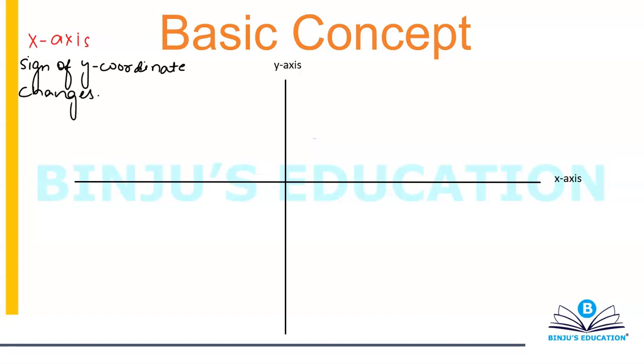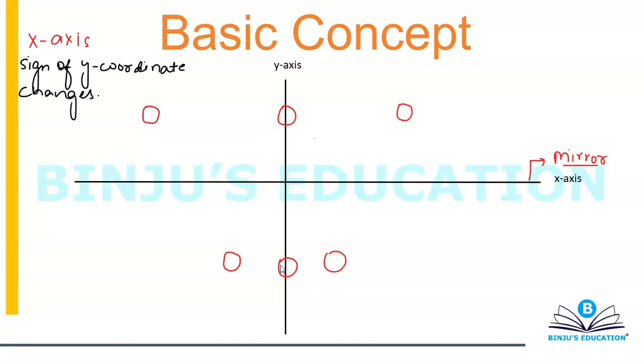If I take x-axis as the mirror, what are my possibilities? My possibility number 1 is that the object will be in the first quadrant, the second quadrant, the third quadrant, or the fourth quadrant. These are the only 4 possibilities. Nothing else can happen. You can take it on y-axis also, no denying on that part. Above origin and below origin.